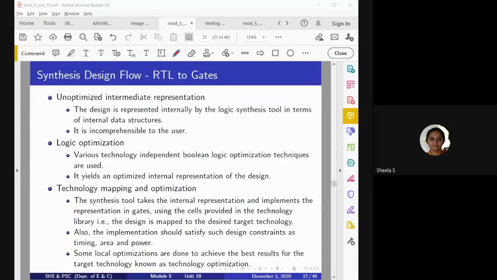An 8:3 priority encoder. There we were not bothered about the circuit. We have not written any structural description or gate level abstraction for the priority encoder. Only the behavioral level of abstraction we have written, isn't it? Because we feel that it is difficult to write the corresponding structural description for a priority encoder.